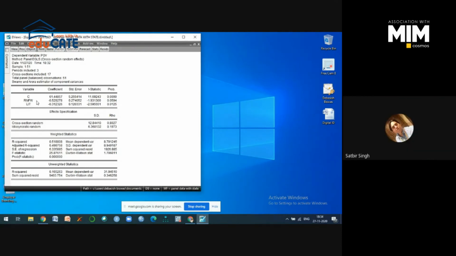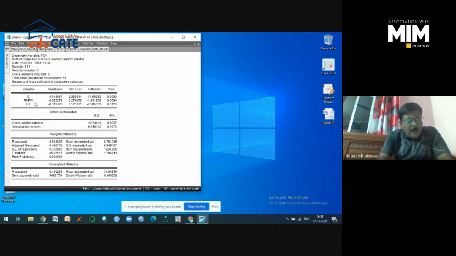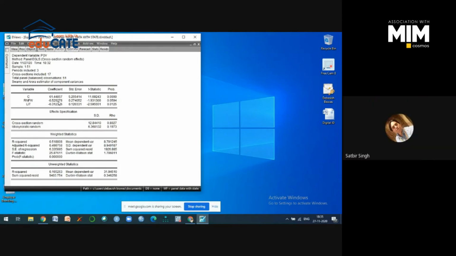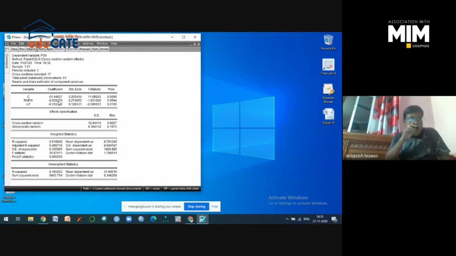Now, RNFW. If the rural non-farm workers decrease, then the poverty ratio will increase. Just observe here, if rural non-farm workers increase, that means more workers are now employed in the non-farm or non-agricultural sector, then obviously what will happen? The poverty ratio will decrease. Correct. Clear? Clear. So all these things you have to interpret in the domain of econometrics, because generally we use